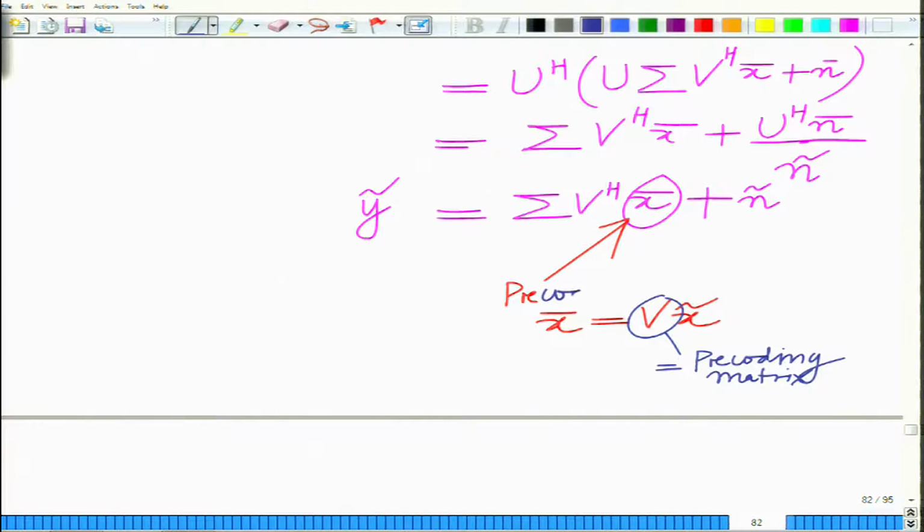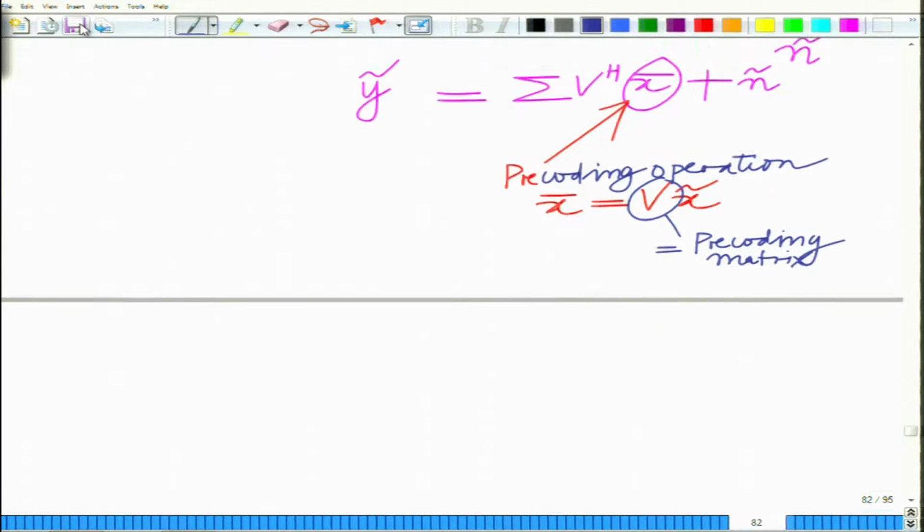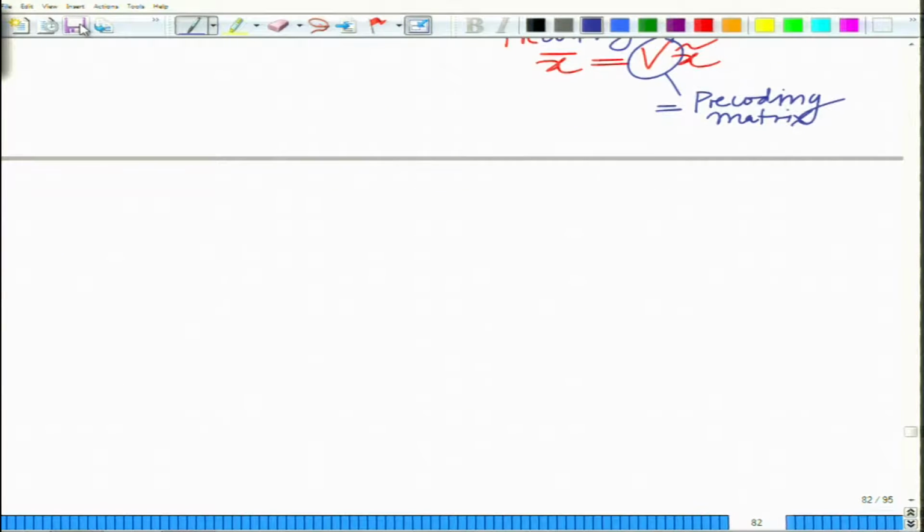Okay. And now if you substitute x bar equal to V x tilde,